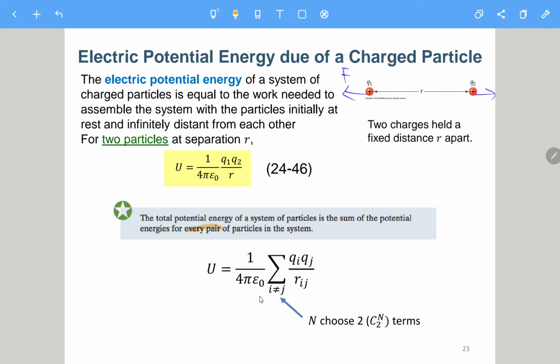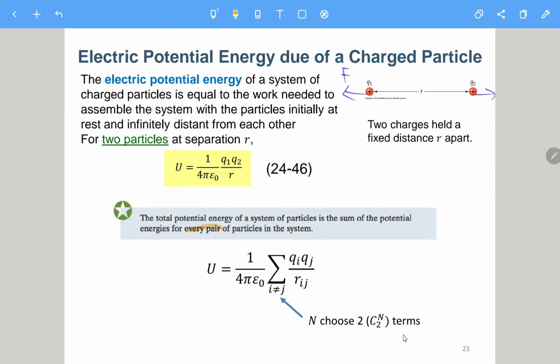Looks horrible, but actually not so horrible, I think. So here is a summation, Qi Qj over Rij. Qi means the charge amount of the ith particle, and Rij means the distance between Qi and Qj. So within this summation, we have totally